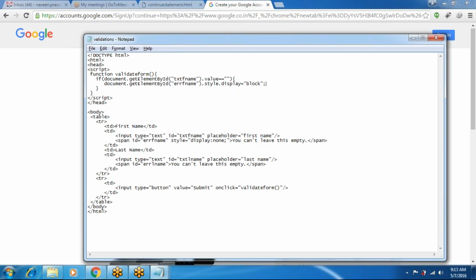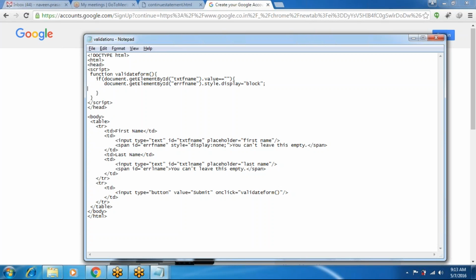If the text box is empty, it will display the error message. And document.getElementById txtFirstName.style.border equal to 1 pixel solid red color border.